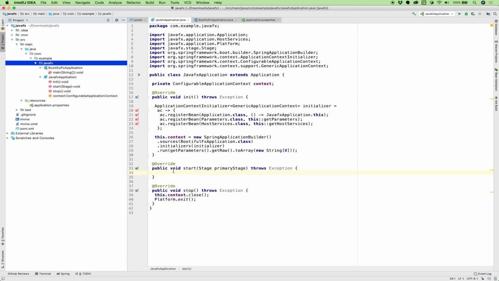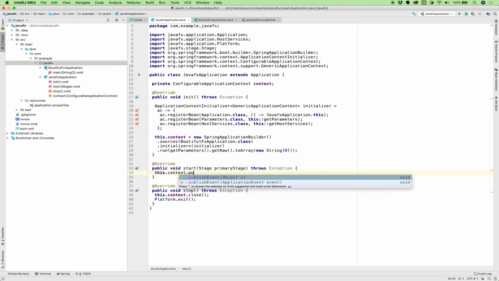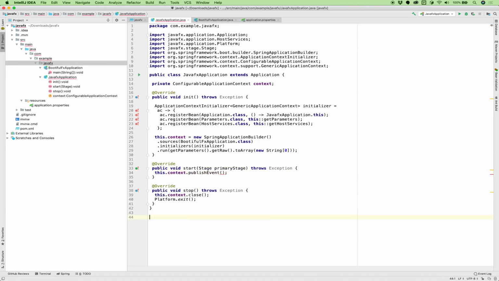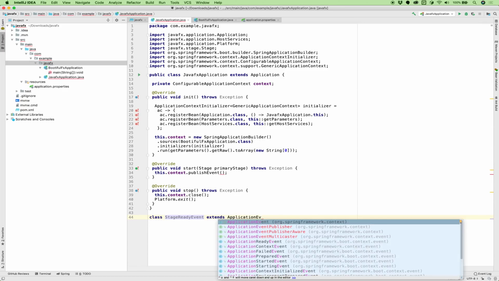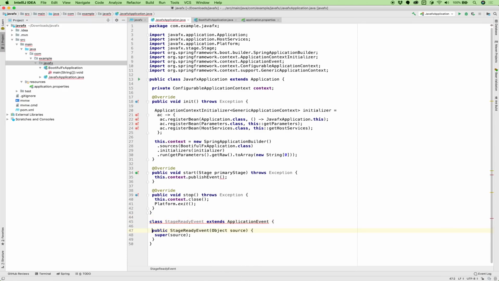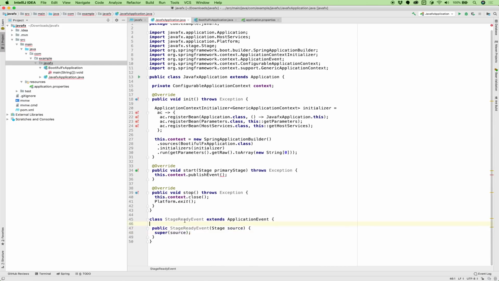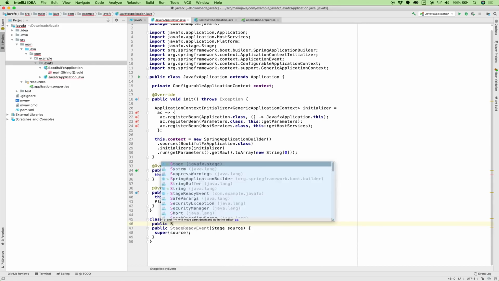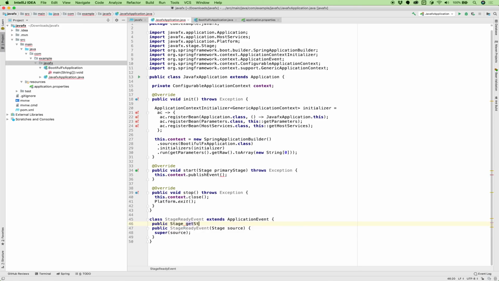So what I like to do here is to instead publish an event, and the event, I guess, will just be a stage ready event. It's an application event, application context event, right? And the work is fairly straightforward. We're going to pass in the stage, and we could even be more explicit about that. We could say, okay, public stage, get stage,